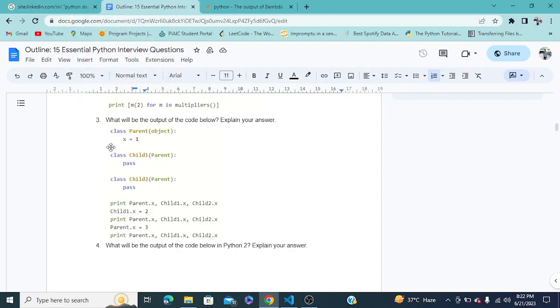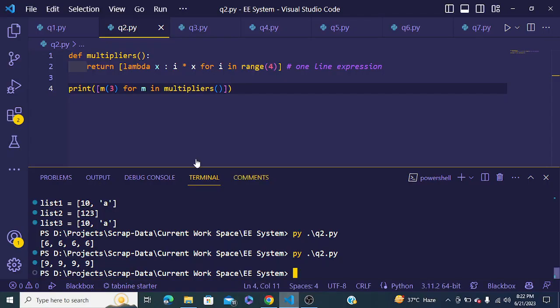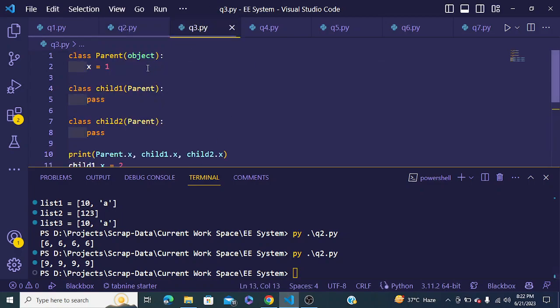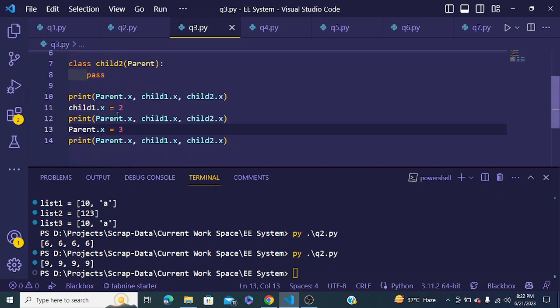Now you can see, what will be the output of the code below? Explain your answers. It's our question number 3. Here we can see a class Parent has an object, and Child and Child 2 also inherit from the parent class, but they are empty classes. So the output, when we run this,